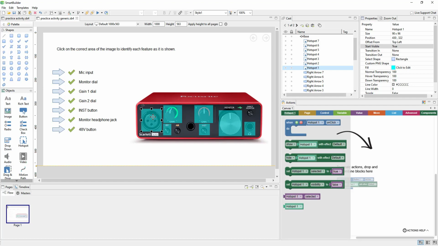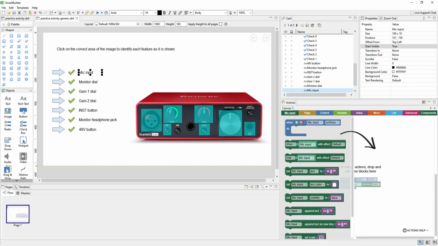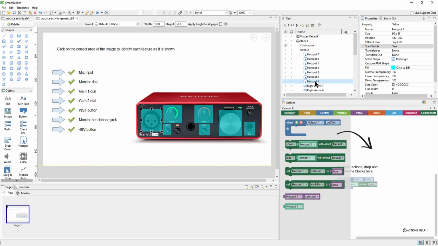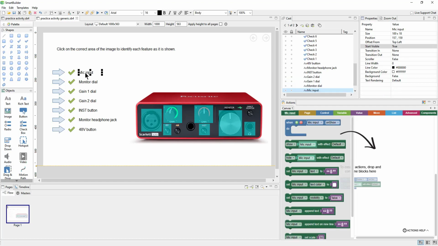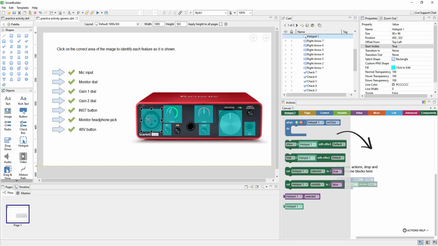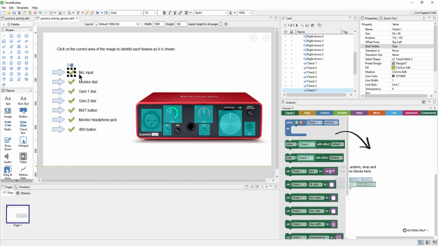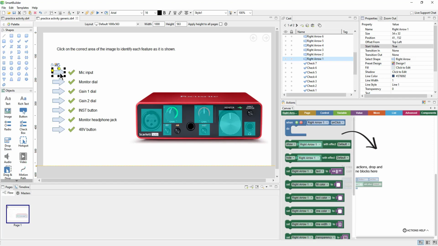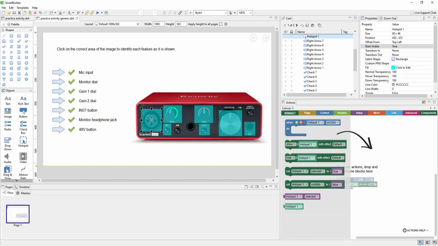And I didn't bother naming these to correlate with this. I just sort of left them with their generic names, like hotspot 1, hotspot 2, hotspot 3, and so on and so forth. The only difference is that this first hotspot does kind of correlate to what we're asking for first. So this is the microphone input. I could go through and call this hotspot mic input, and then call this check mark, mic input check mark, and this mic input arrow. But I just call these 1, 2, 3, 4, 5, 6, 7, check 1 through 7,